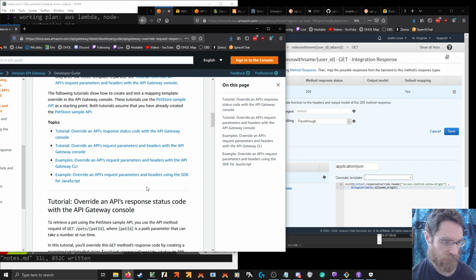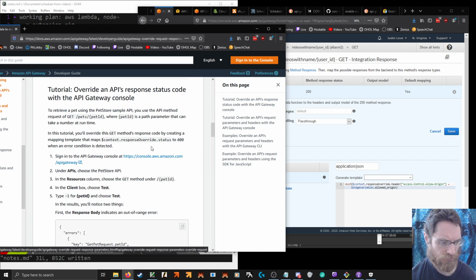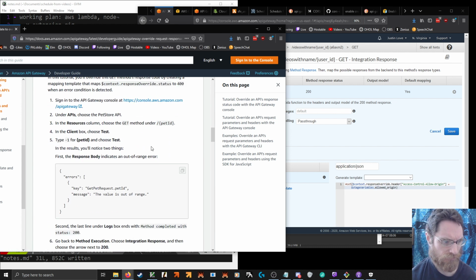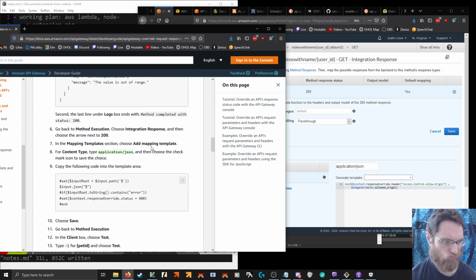Console. Is this the console? Set input root.